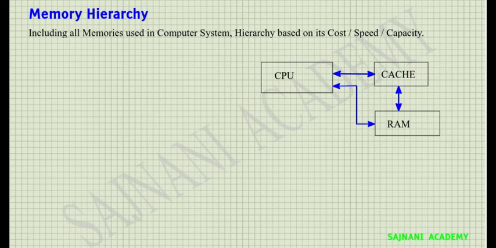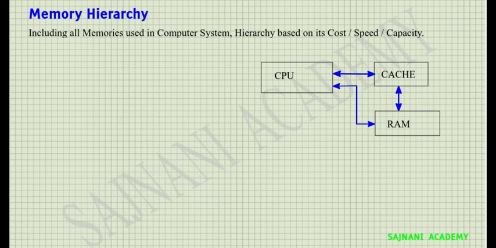So to avoid it, we have a different kind of memory, that is cache memory. The cache memory is almost as fast as CPU, so there is no delay, there is no wastage of time with the CPU. So the procedure is like this, that whenever CPU requires some information, that will be first checked in the cache memory. If it is available in the cache memory, that will be delivered directly to the CPU. And if the information is not available, then the main RAM is checked.